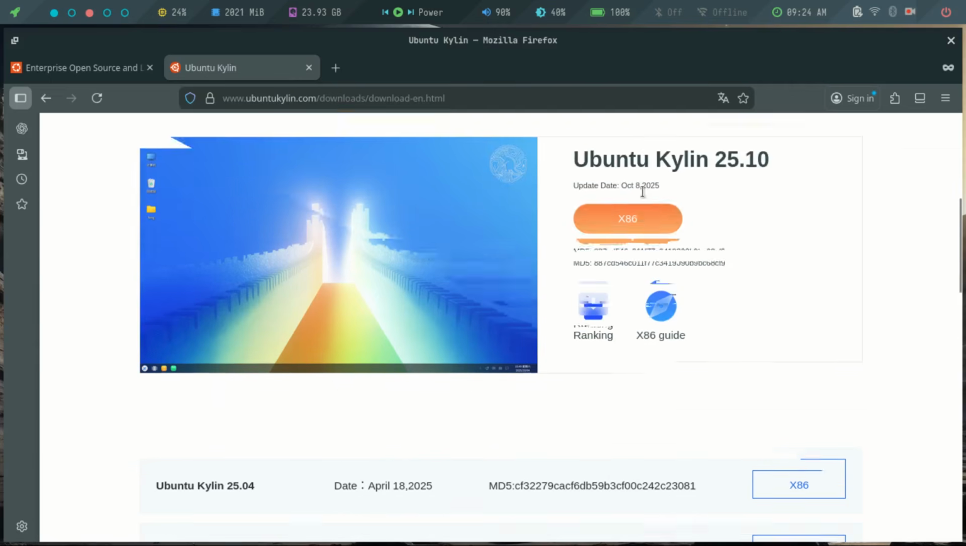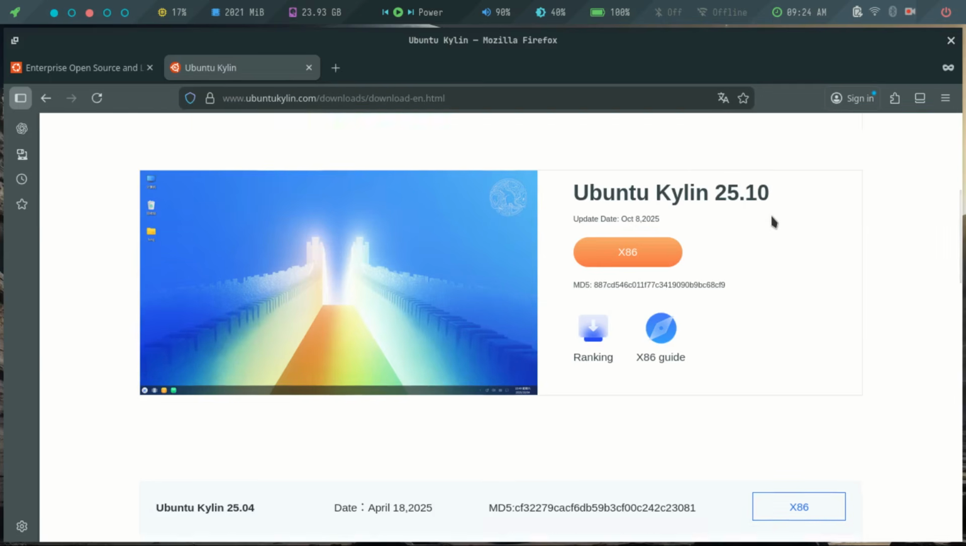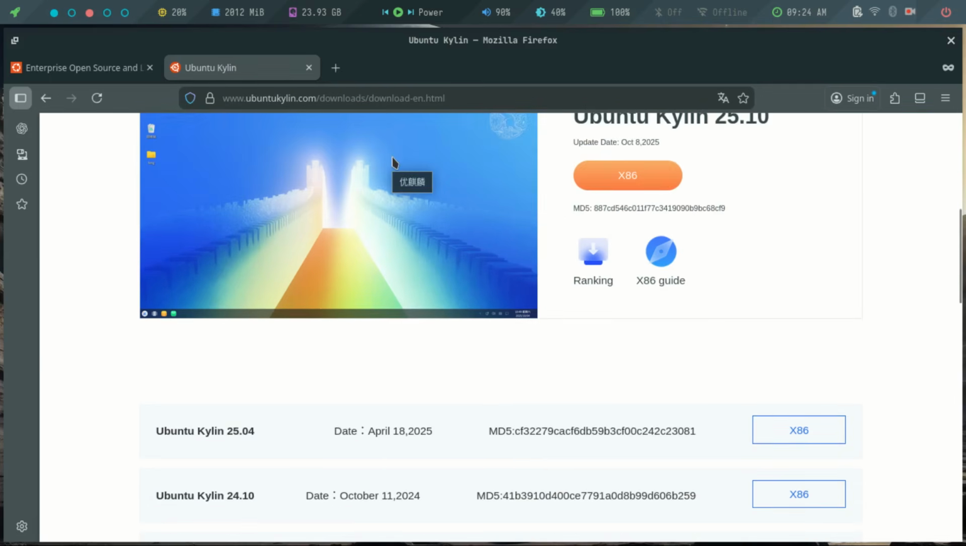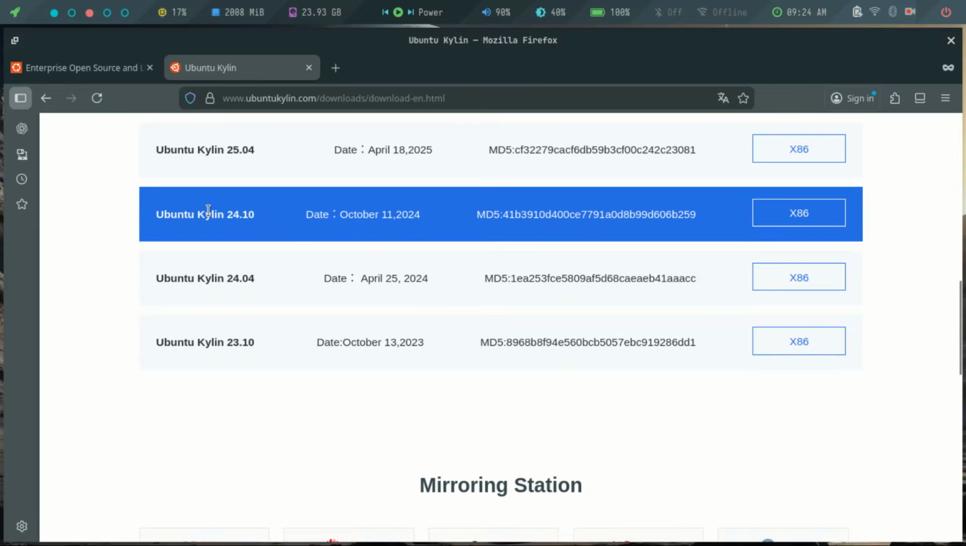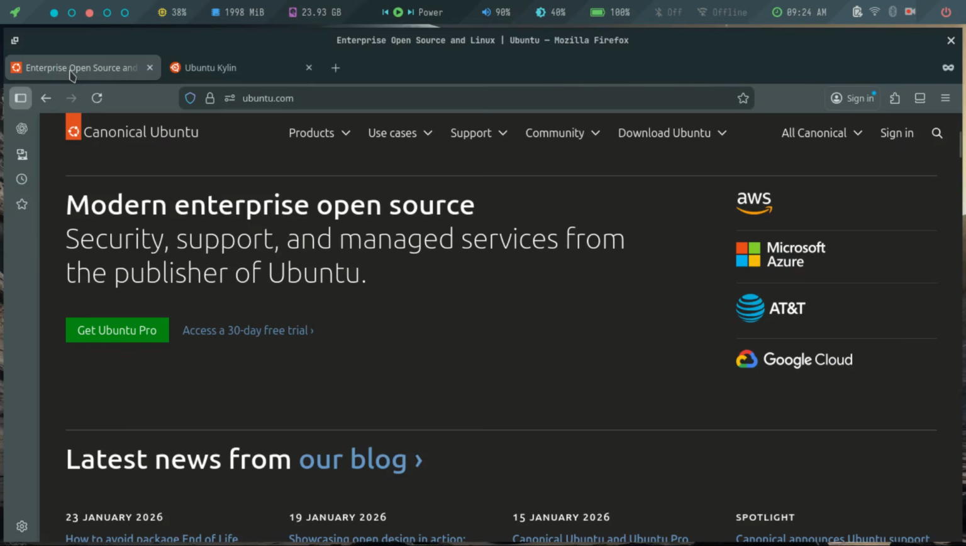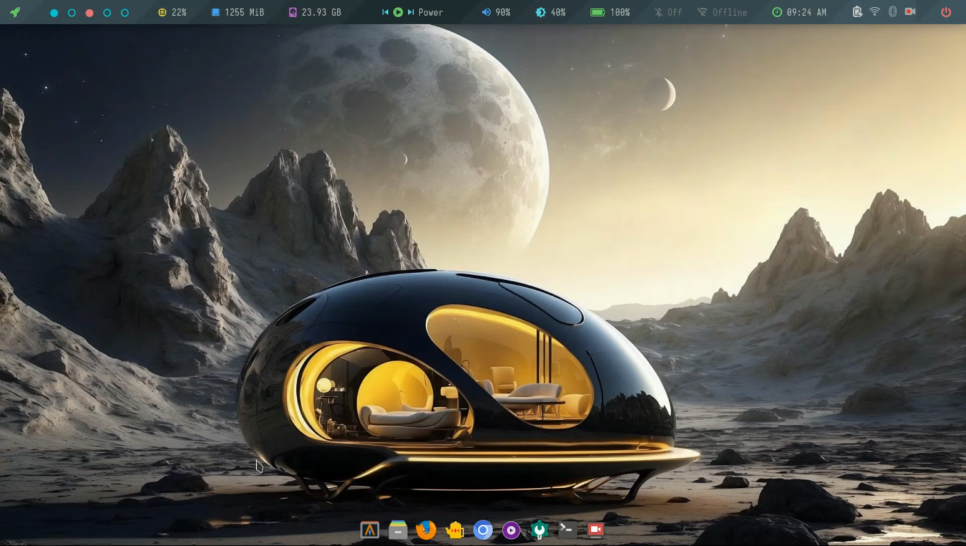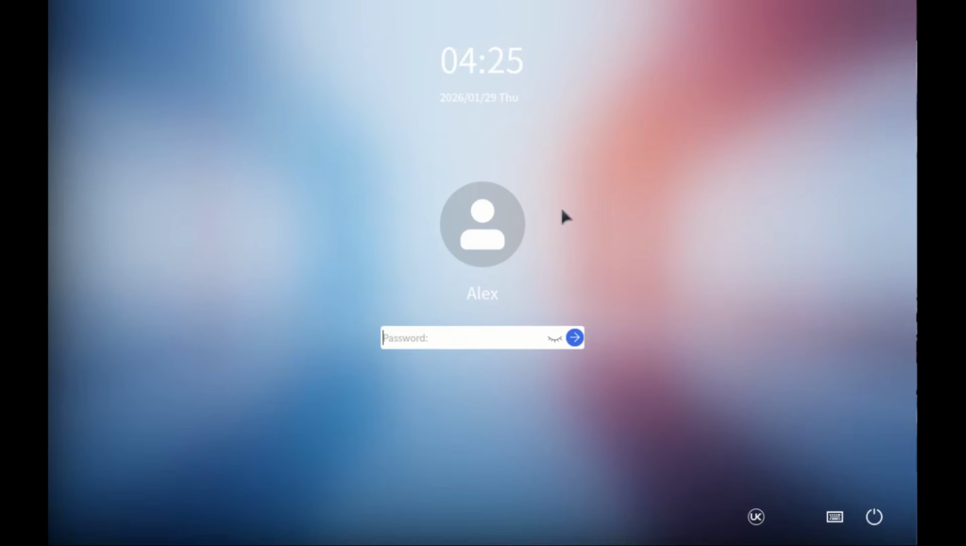The latest one, as I mentioned, is Ubuntu Kylin 25.10. So this is how it should look like. If you want earlier versions, they are all available. Now let's jump into the virtual machine and see what it is all about. We are ready to log in, so I already have it installed on a virtual machine. So let me log in and then we can look at the system requirements for the installation if you're interested